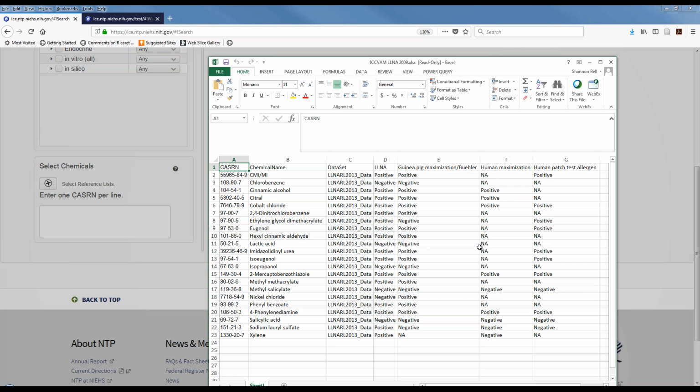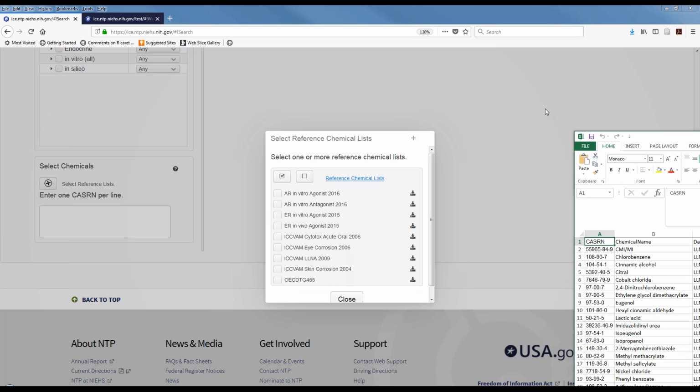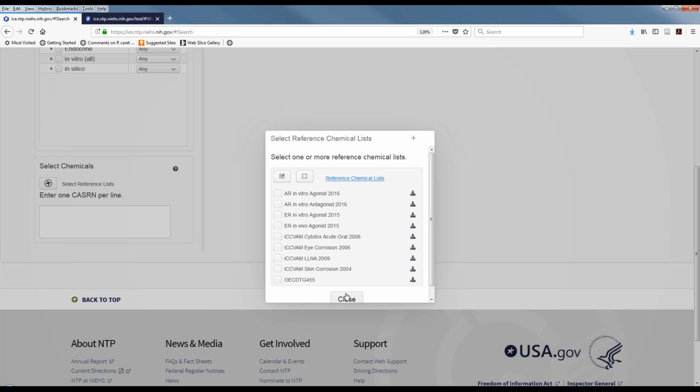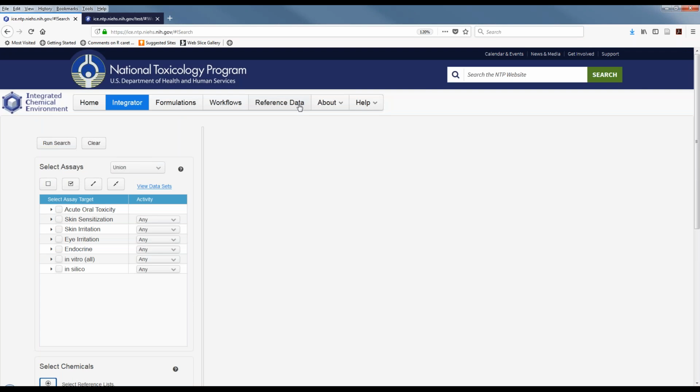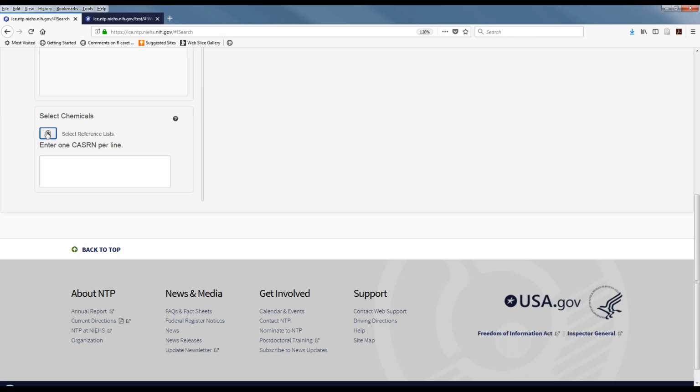You will get a nice, easy to read page that gives you the different endpoints of what was used in that particular validation. So in this case, it was the 2009 LLNA study. And if you go into the datasets, which is right here, you'll get a link to the reference, so you can get more details about that particular one.